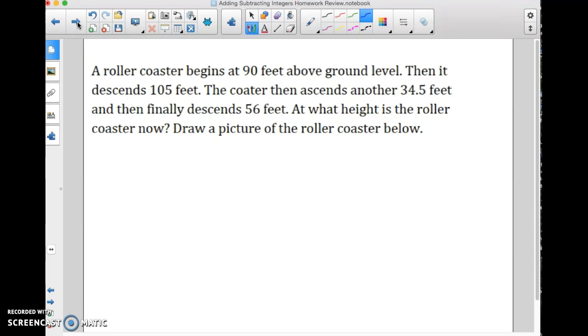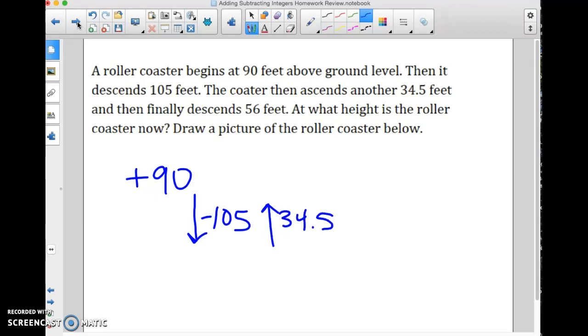So a roller coaster begins at 90 feet above ground level. So that's a positive 90 feet. Then it descends. That means it goes down 105 feet. The coaster then ascends another 34.5 feet. And then finally descends 56 feet. At what height is the roller coaster now? So if you need to draw a picture, you can. That's totally fine. But if you need to just work it out, that's what we're first going to do: 90